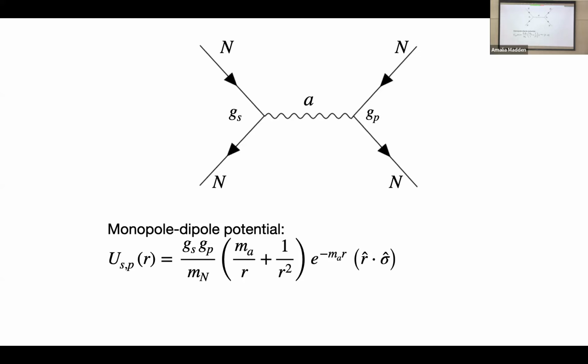So, as we said, an off-shell axion being sourced by this scalar coupling of the axion to the piezoelectric crystal, and being detected with this pseudoscalar coupling of the axion to the spins in the nucleus, generates this monopole-dipole potential. What's interesting about this is that it looks like an effective magnetic field. Of course, it's not a real magnetic field. So what we can do is screen all the real magnetic fields in our experiment, and this will still pass through.